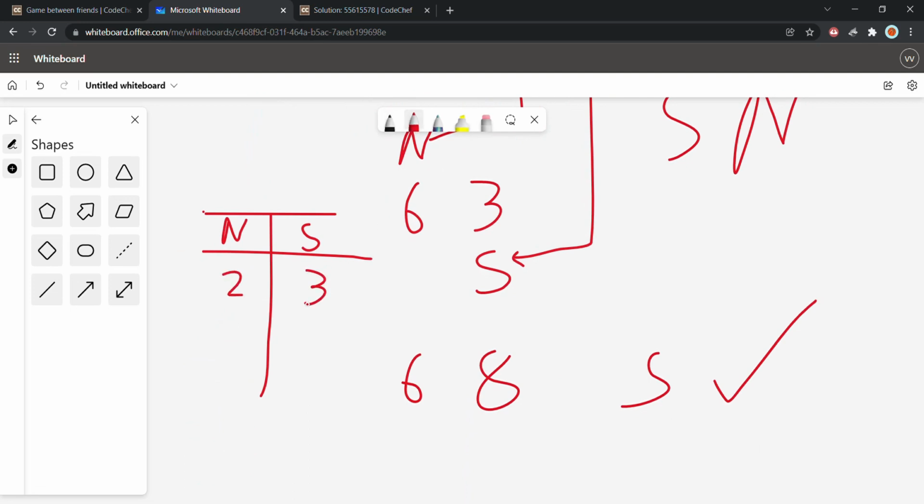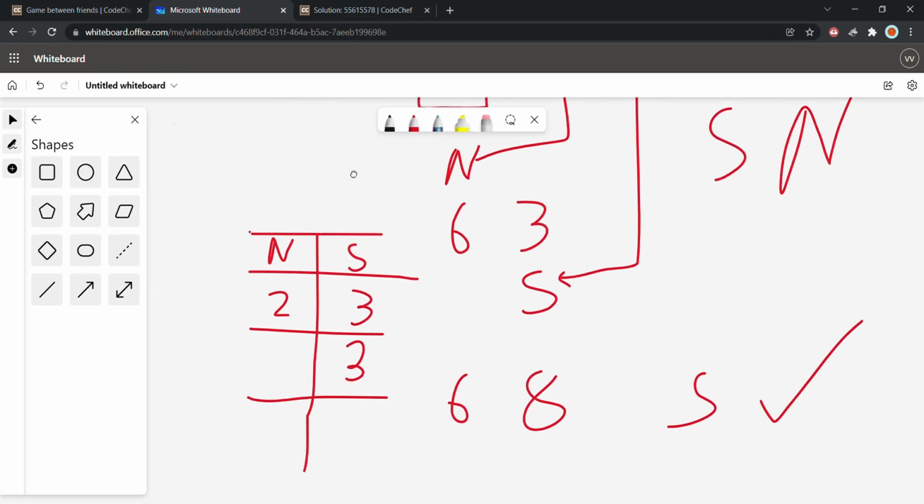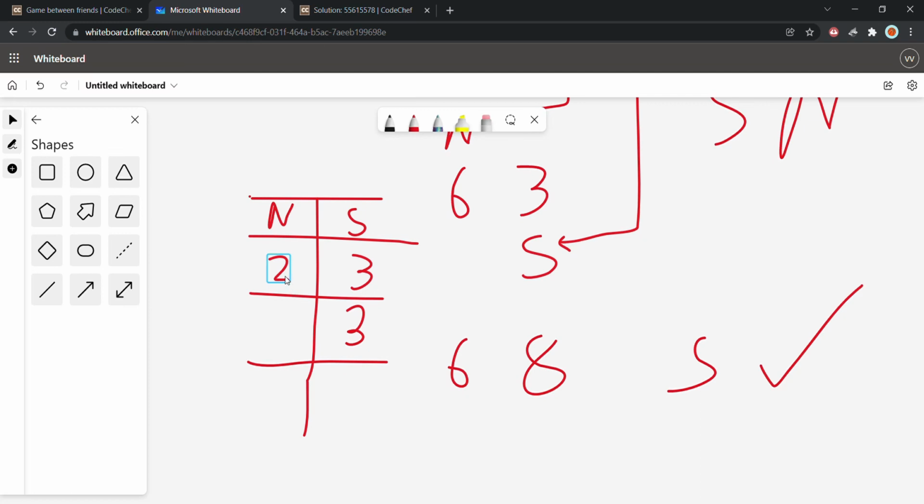Now we know that the winner is Sobhagya. So we simply make the entry for Sobhagya as it is, 3, and we add the coins to Nitin. How much? We confirm from here, 4. So Ritik came and gave 4 coins to Nitin and it becomes 6 now. From this comparison we get to know that Nitin is the winner.